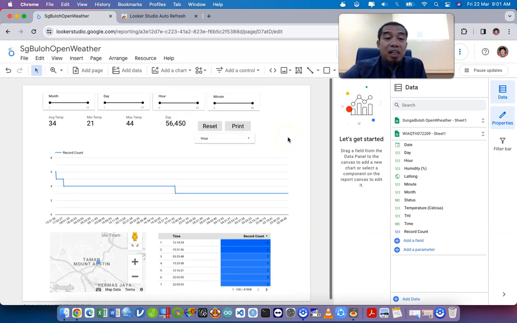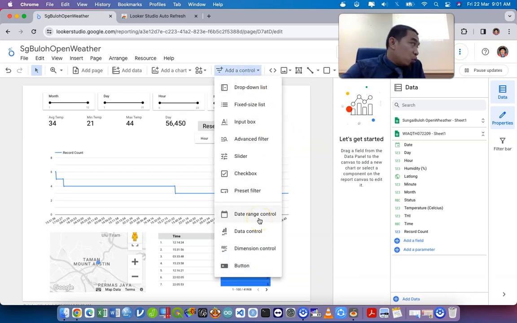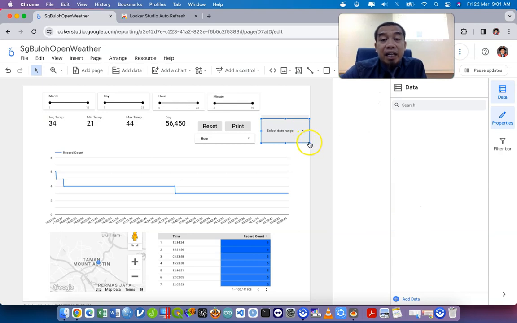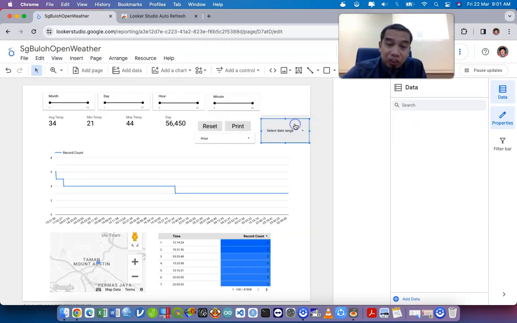Okay, and then last but not least, I forgot to insert something that is quite important, namely as date range control. Date range control is one of my favorite important things also, because you enable yourself to select the date according to your needs lah. Maknanya anda nak pilih tarikh dan masa yang dikehendaki. Anda tak nak semua data tu dipamerkan. You want the data to be shown only on a specific day and time. So you can have this select date range. Okay. Go to the add a control and then go to the add date range bawah tu. Okay. Date range control dah